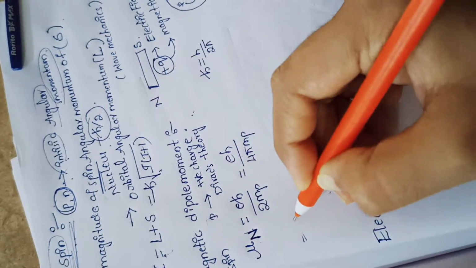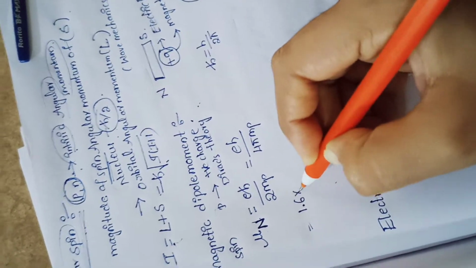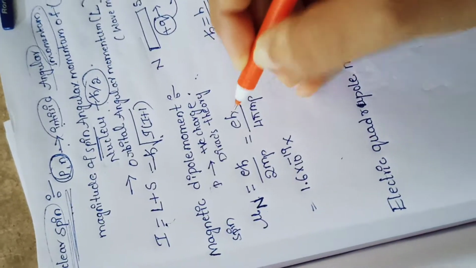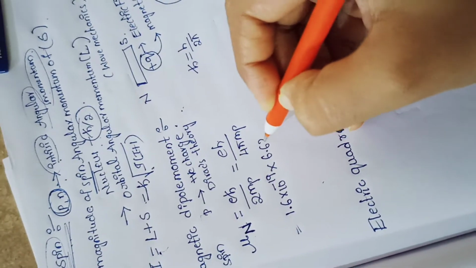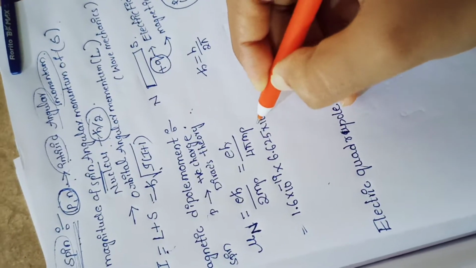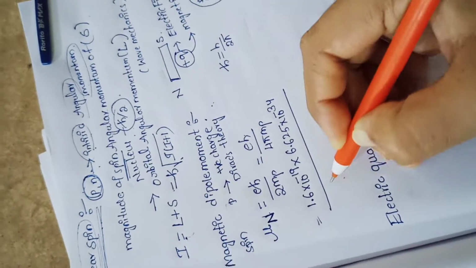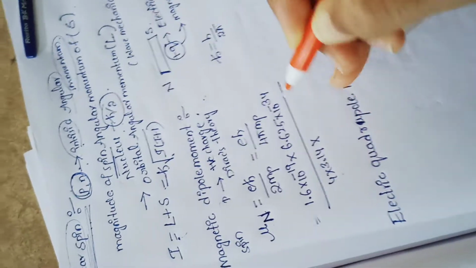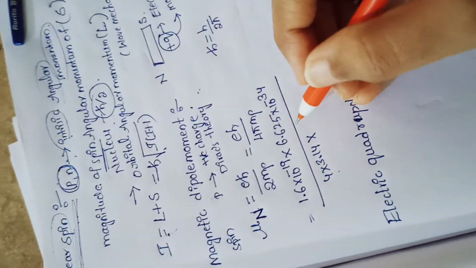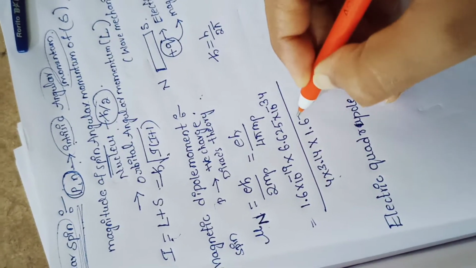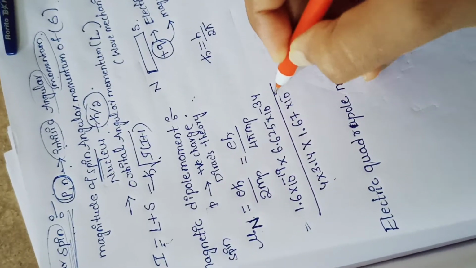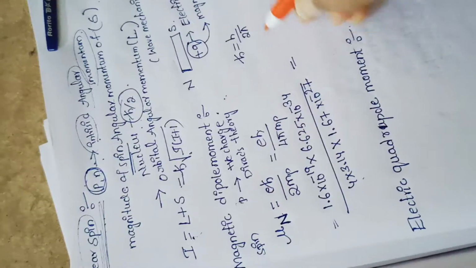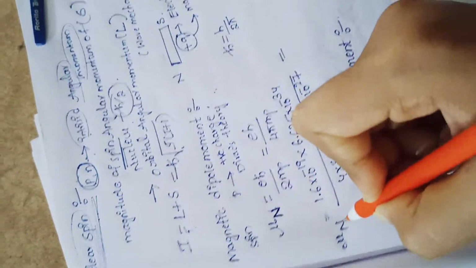E means electron charge, that is 1.6 into 10 to the power of minus 19. h means Planck's constant, that is 6.625 into 10 to the power of minus 34, divided by 4 into pi, meaning 3.14. What is the mass of the proton? Already I told you in the first video, that is 1.67 into 10 to the power of minus 27. If you solve this entire equation, you will get the final value, that is nuclear magnetic momentum is